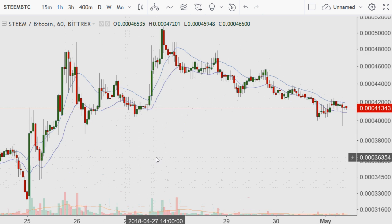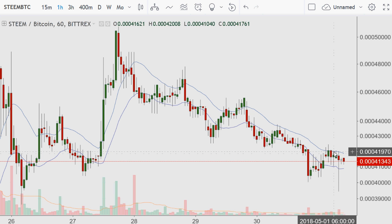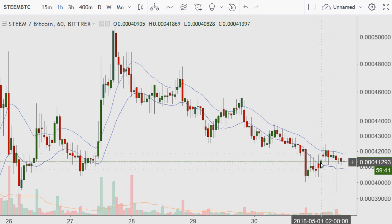That's one of the things to keep in mind with a lot of the markets, that this is happening more and more often in the crypto space compared to when I first got into it over a year ago. That didn't happen as much in 2017. It's happening more often. It might be an indication to different players in the game. I won't say anything more, but